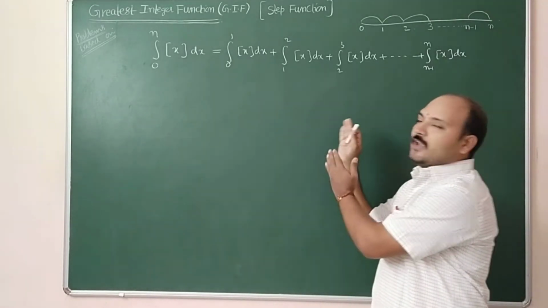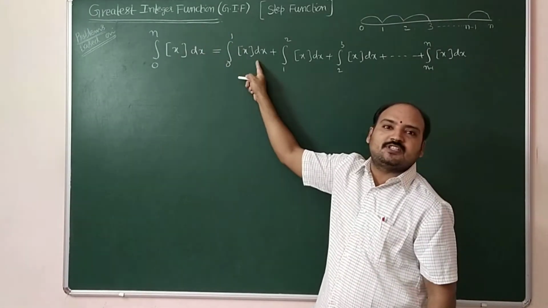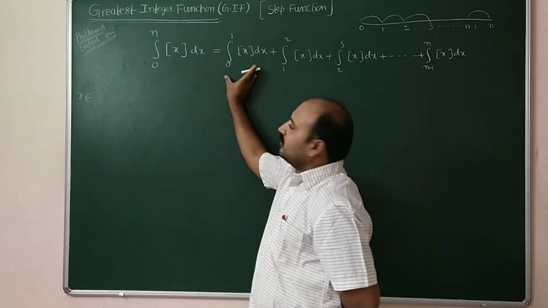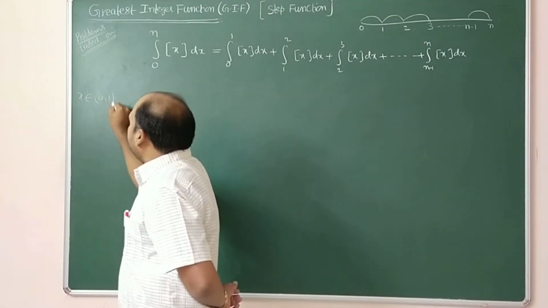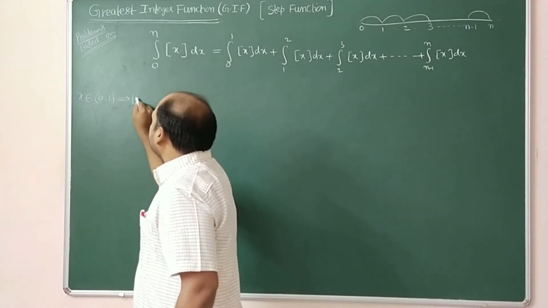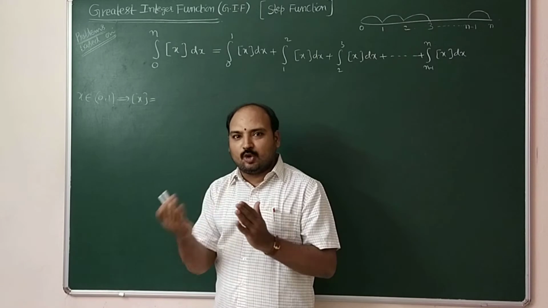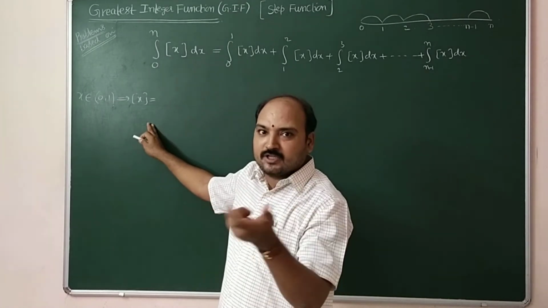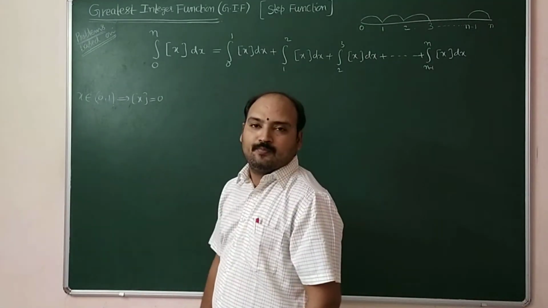Like this, first you have to divide in intervals. After that, in each and every interval, what is the value of this step x? That we are going to calculate now. See here, in the first integral, between 0 and 1, x belongs to 0 and 1, any value you can take between 0 and 1. The step x will become what? So that means 0.1, 0.2, 0.3 and so on, 0.99 also if you take. What is the step value of 0.99, 0.8, 0.7? It will reach us to the immediate left side value. So it will become 0.